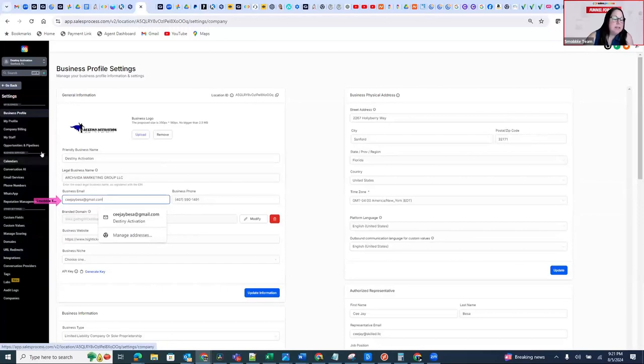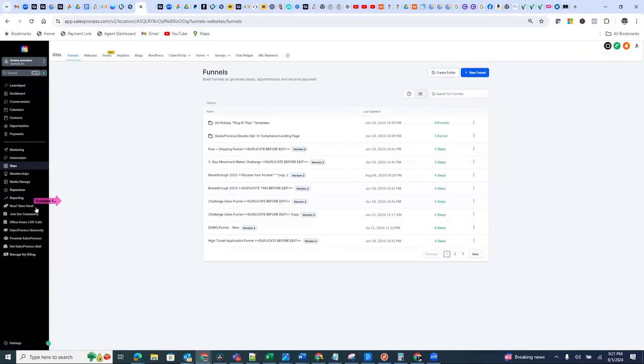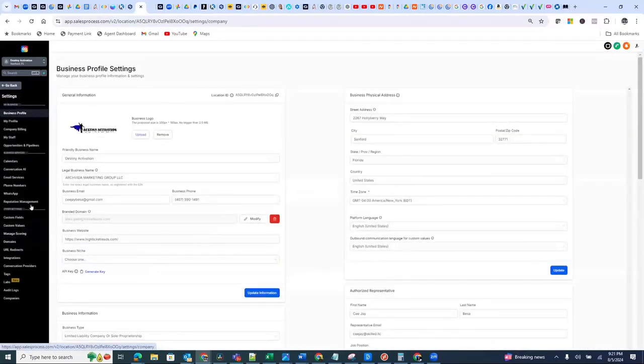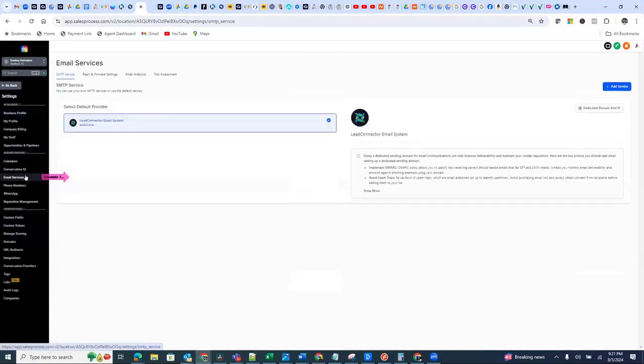In settings, you have to go, oh, sorry, to email services. My bad. Here, I'll move my arrow out of the way. It's down in settings and then email services. Okay, let me do that. Now, what was that? Email services? Yeah, just to the left of my arrow here. Oh, there we go.